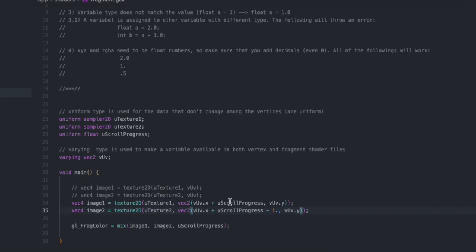You could totally try different numbers and see how it works, but if you do u scroll progress and u scroll progress -1, it will show you a slide effect, where one goes out of the screen and the other one comes in. Let's see how that looks. So I'm just adding the progress to my X